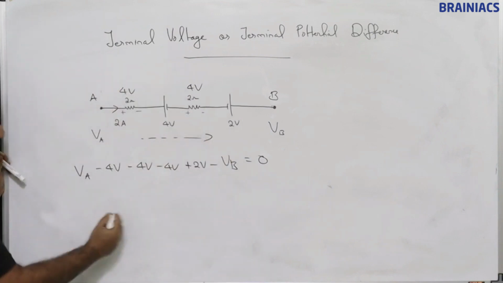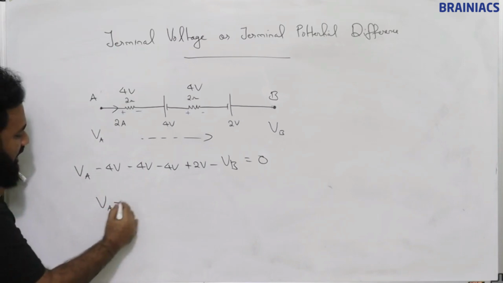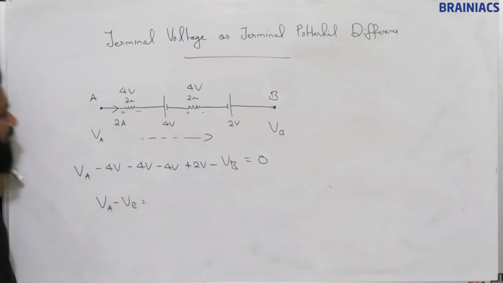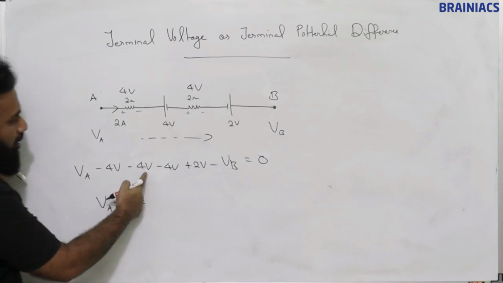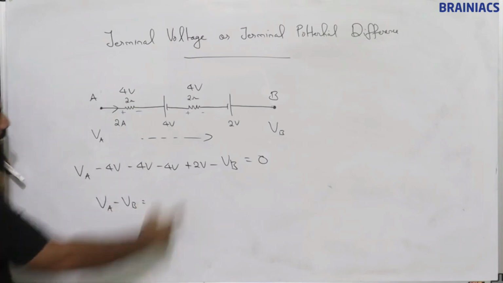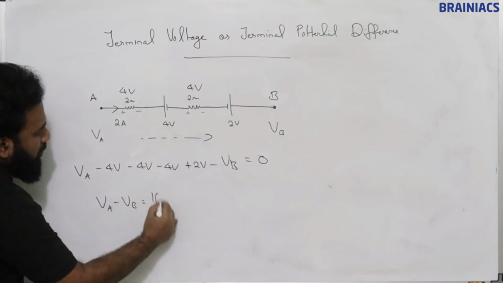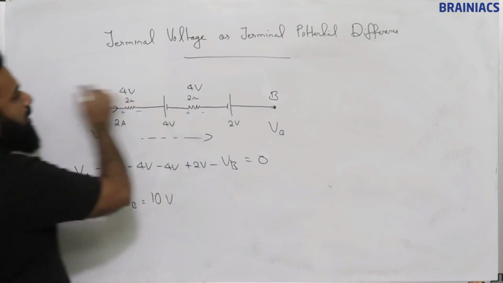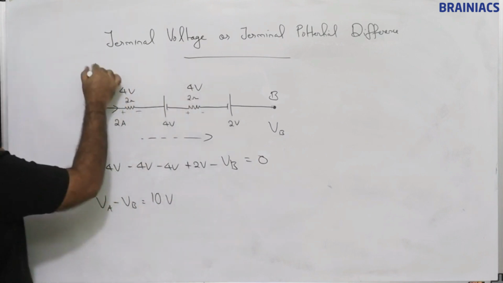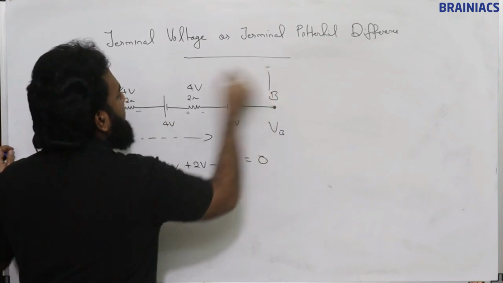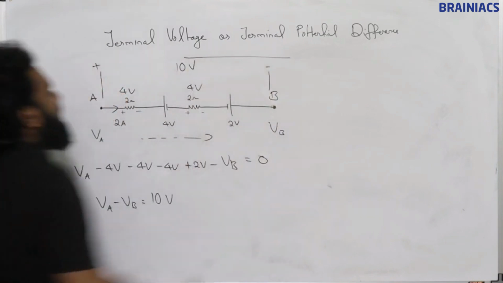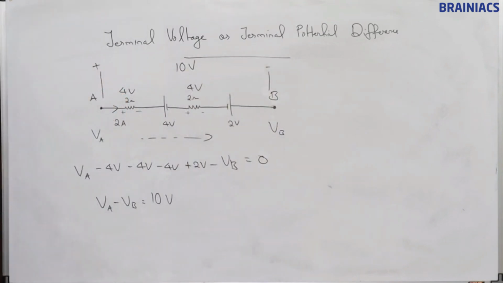Now what is the potential difference VA minus VB? If we take, the potential difference is nothing but 4, 4, 4, 12. 12 minus 2, so this is going to be 10 volt. So the potential difference across these two terminals is nothing but 10 volt. Now you see,